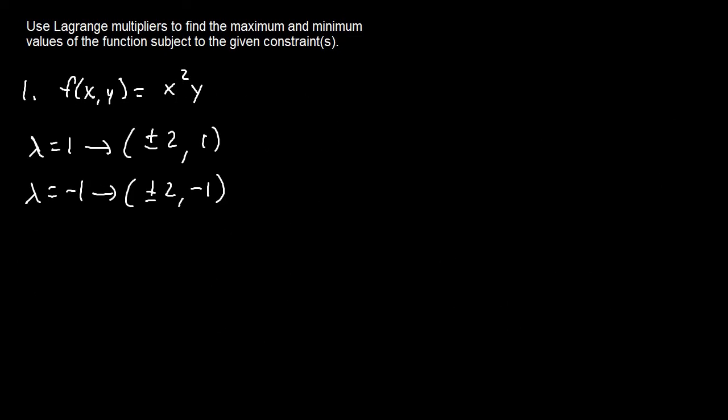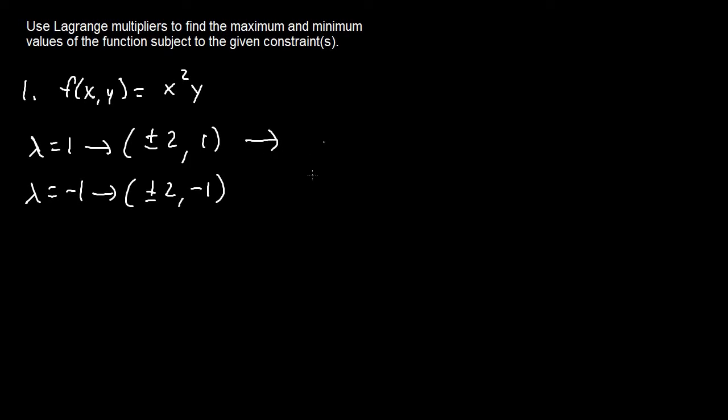So now the last step is to plug both of these coordinates into the original function, and then find the maximum and minimum values. So notice that the x value is squared, so it doesn't matter if the x is plus or minus 2. When we square it, it's going to be positive. So if I go ahead and plug in plus or minus 2, 1 into the original